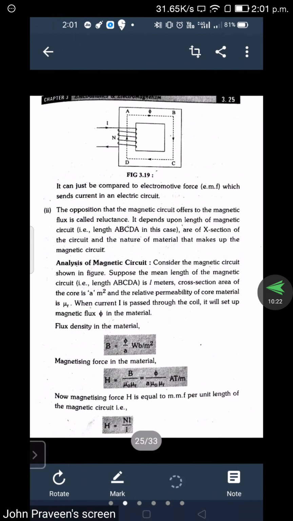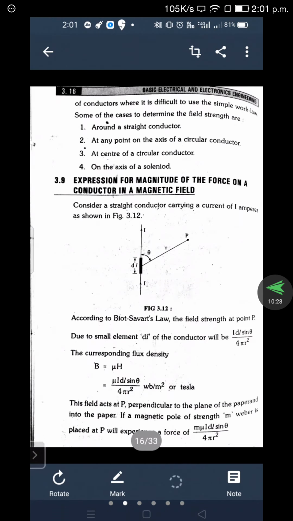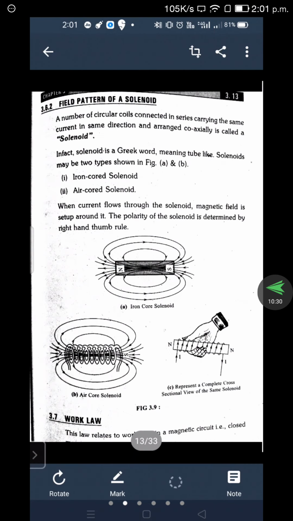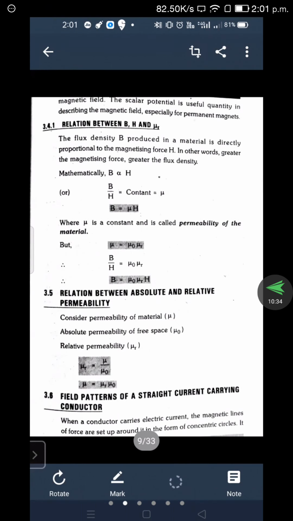Tomorrow we will discuss the magnetic circuit. This is the concept of the magnetic circuit: we take a core material, how the flux will be developed, and what relationship we can find out. We will discuss those tomorrow, and then go on to the concept of series connection and parallel connection of the magnetic field. These are the important things we want to remember.